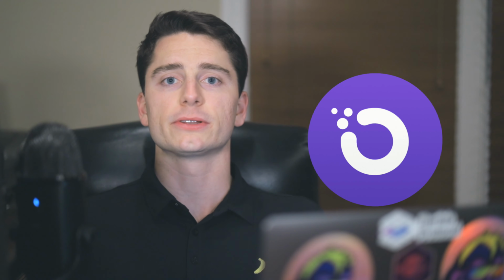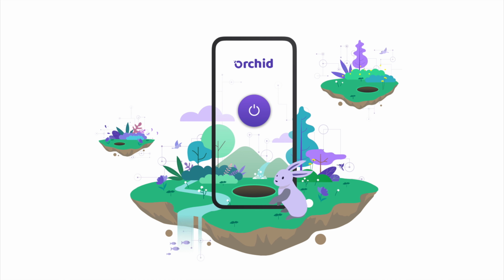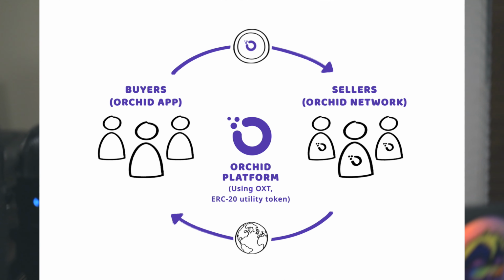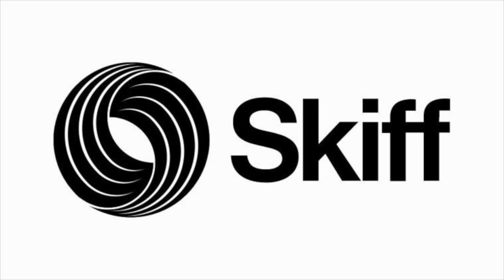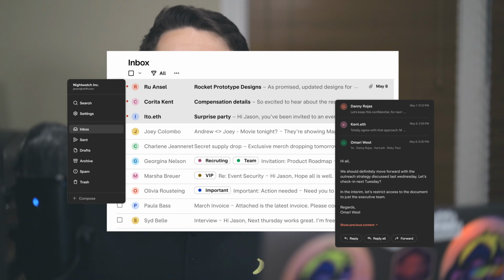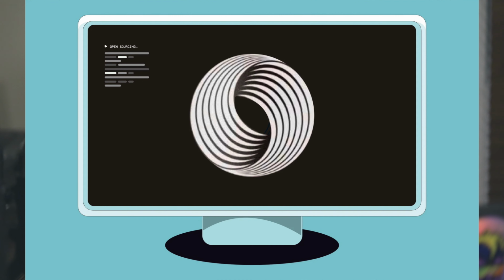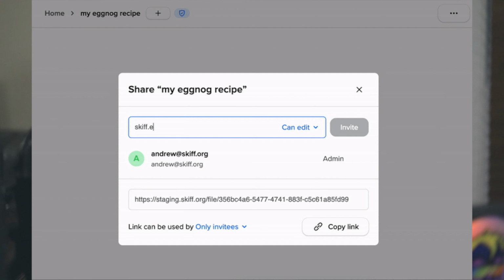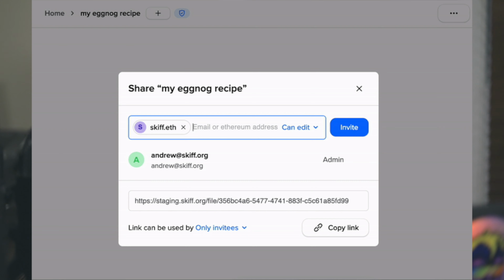Orchid is a decentralized application, but also somewhat of a network, and it's a VPN that takes cryptocurrency in the form of micropayments in their Orchid token in order for users to pay providers of bandwidth on the network. And they can access this privately, and they do what's called hopping between these providers. And finally, there is Skiff. Skiff is an email application that has end-to-end encryption for all messages, and it also uses IPFS. And emails can be sent to people's wallet address or using their ENS domain.